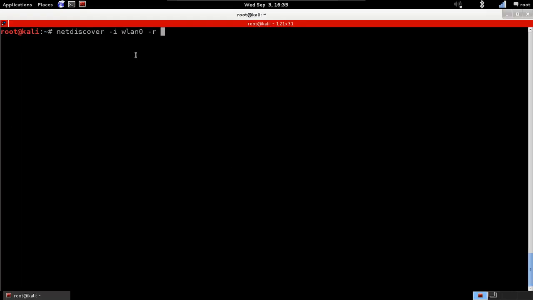So to specify a whole range, you can write it like this, /24. So that means I want 192.168.1, and then in here we're just going to increase up to 254, which is the end of the IP range in the network. So I'm going to hit enter,